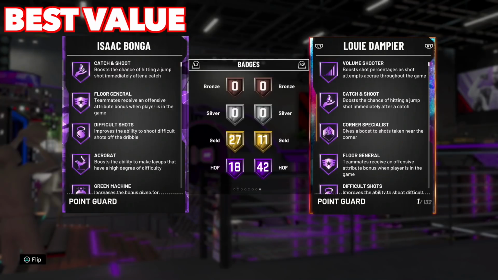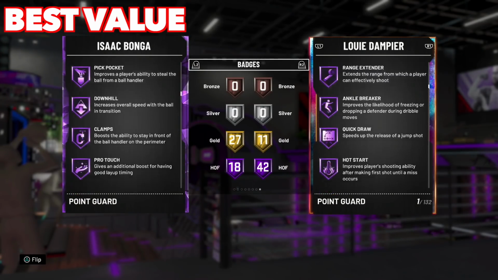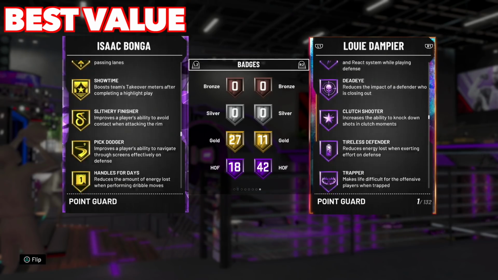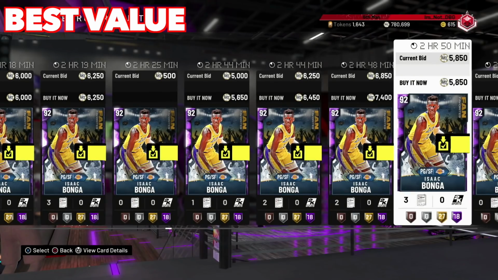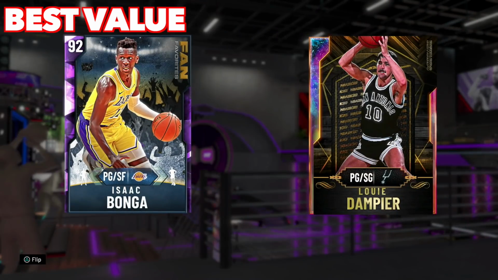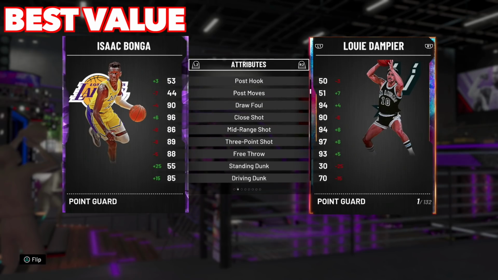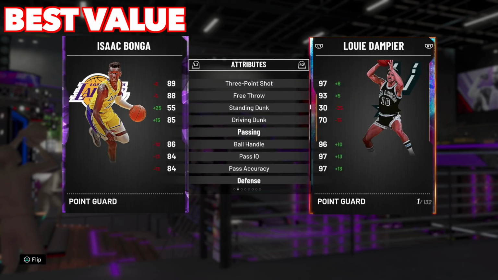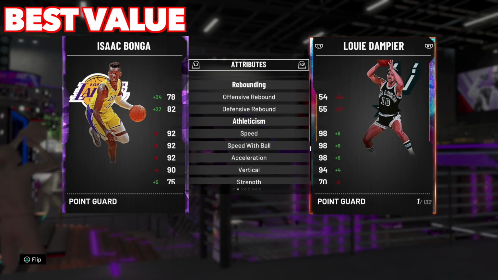He's a 6'8 point guard. Only 18 Hall of Fame badges, but he has the vital ones. Like, he has clamps. He has quick first step. He's got gold intimidator, gold range, gold quick draw. His release is good, but not great. He can't shoot from the corner, so I would definitely not play him at small forward. If I'm using him, I'd play him at point guard only. Got a solid 3-ball mid-range, but he can green with ease. Can dunk really well. Has got great perimeter defense, pretty good interior defense as well, and really good speed and